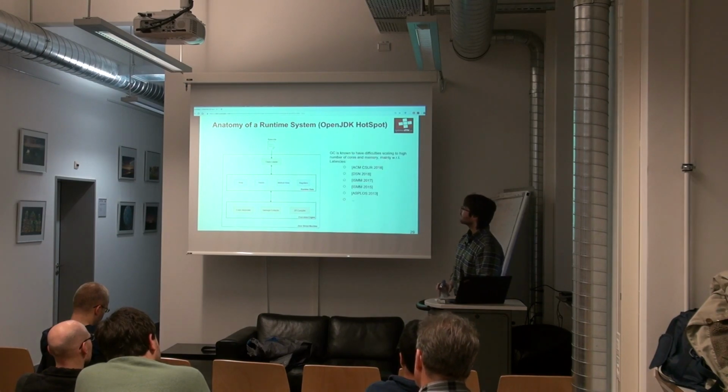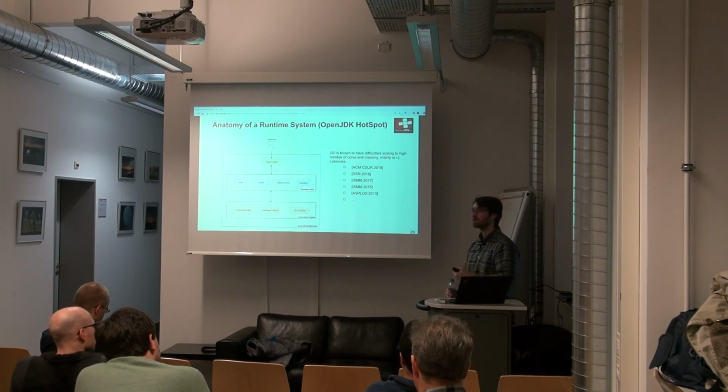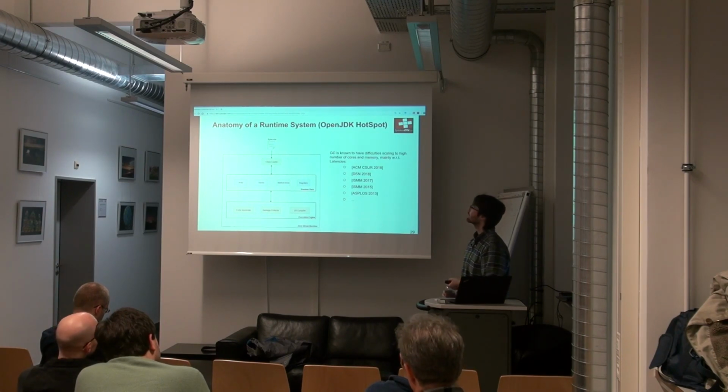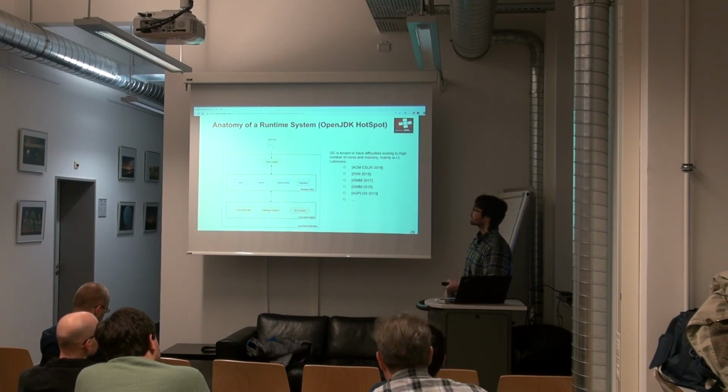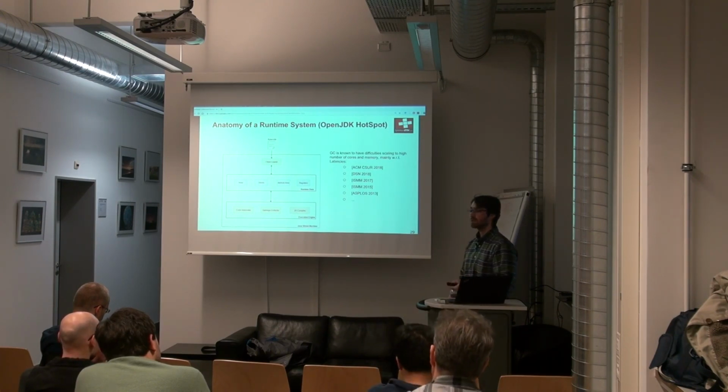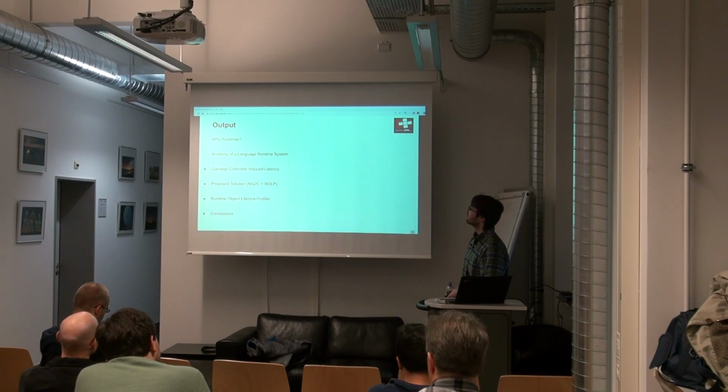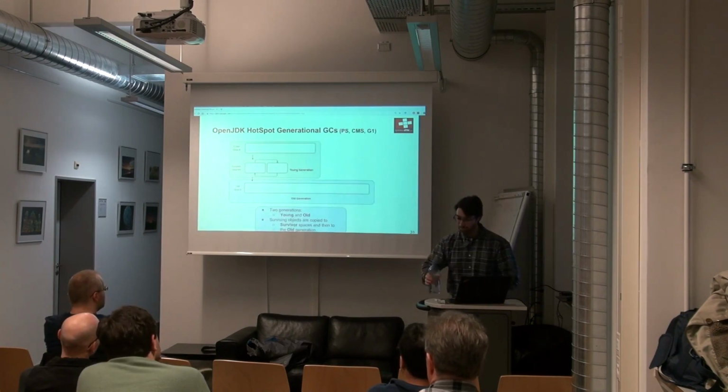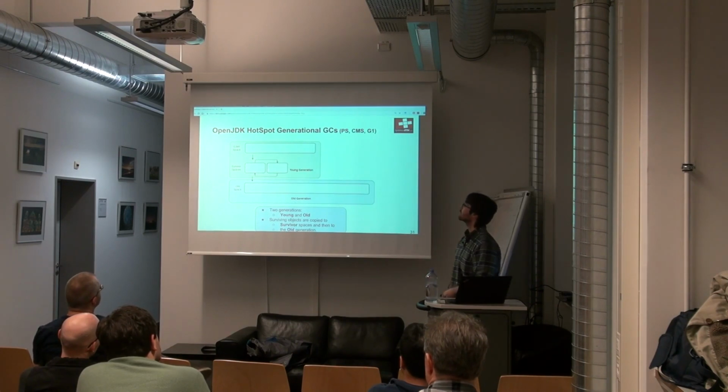Okay, so the GC has been studied, and there are a lot of problems when we are trying to scale the performance of the GC when you have a machine with more cores and memory. And this is currently an active problem. There's a lot of research going on, and this is actually one of the problems that I'm going to try to tackle here in this talk. Okay, so this is more or less what we have in a generational GC, which is the case of most of the GCs inside OpenJDK HotSpot.